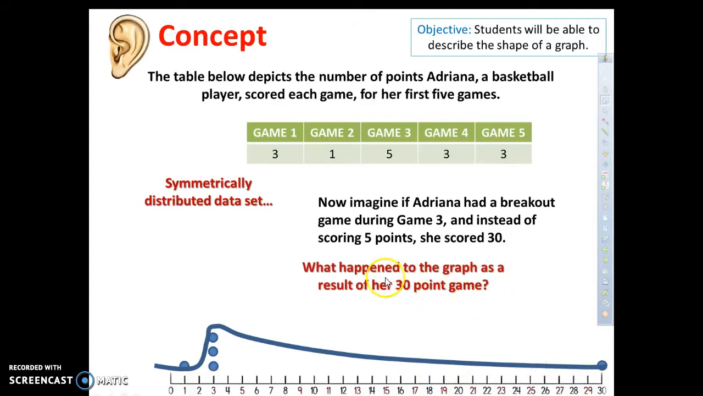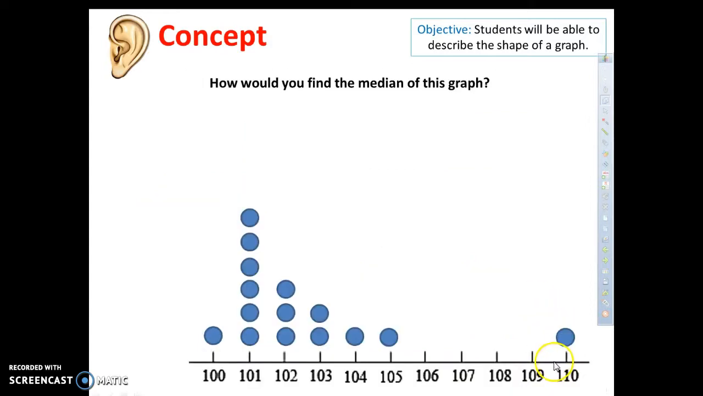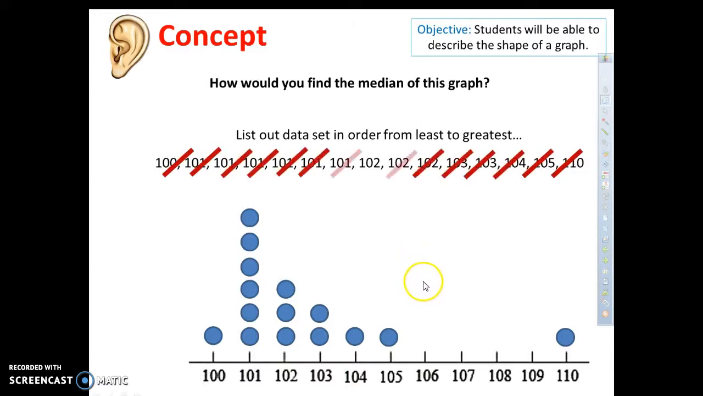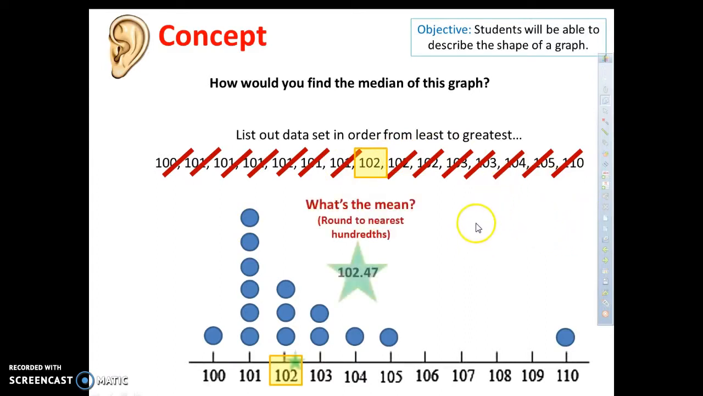Okay, so since she scored this 30-point game, now her data is being pulled that way. The tail is being pulled far to the right. Going back to our original example, if we put the data set in order from least to greatest and calculated the median, we would have a median of 102. And if I calculated the mean, if I added all these values up and divided by all of the dots, I would get